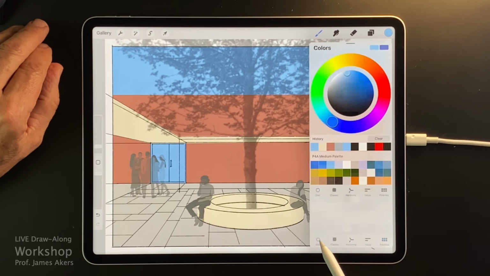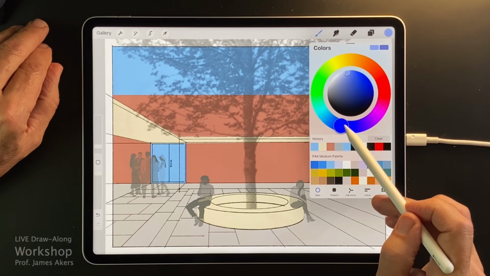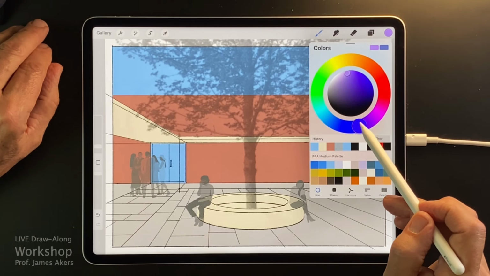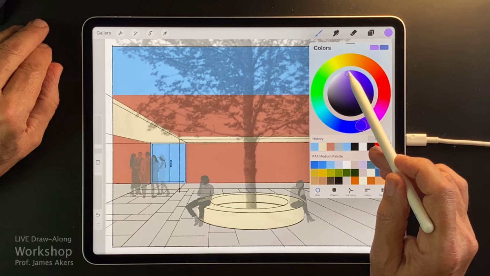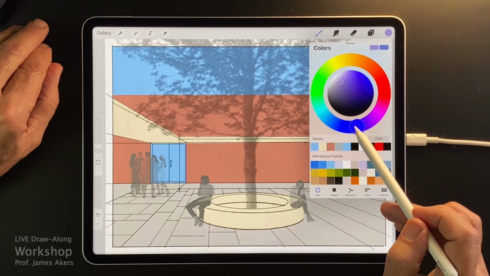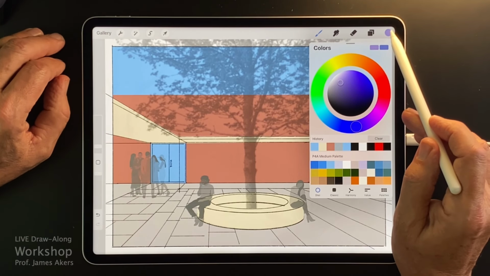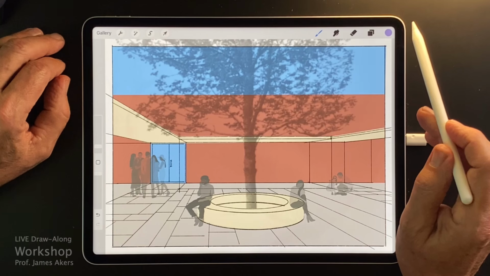Or if you're in a disc, just move your hue dot this way, and then move your darkness this way, and maybe make it a little bluer. That's very experimental and completely up to you, but that looks good to me.